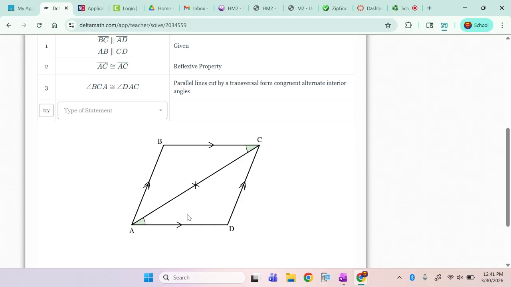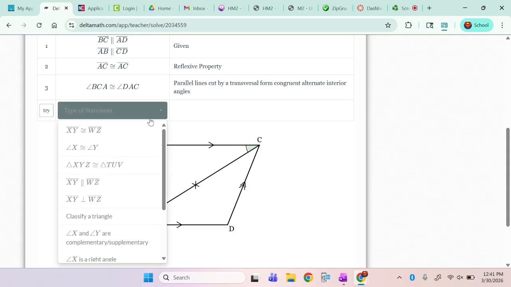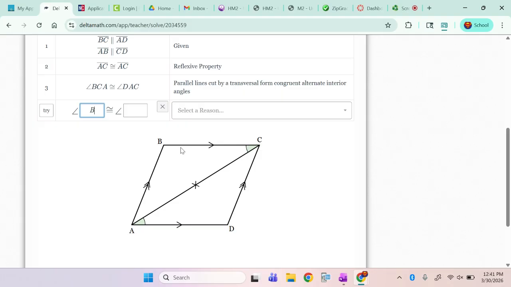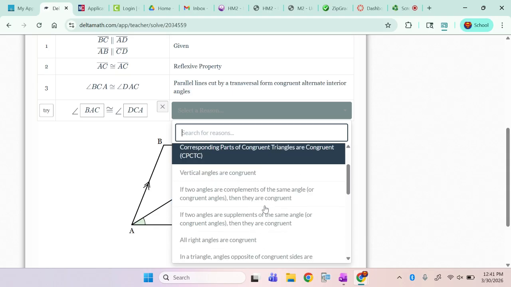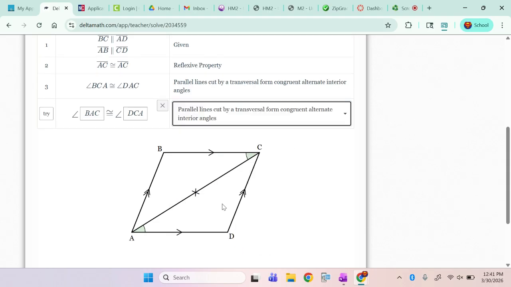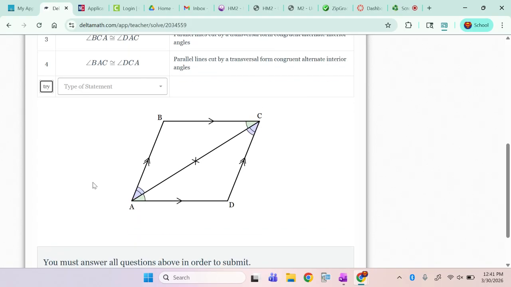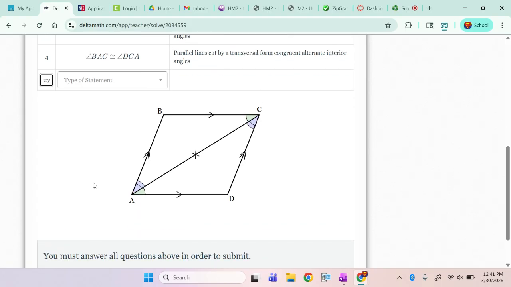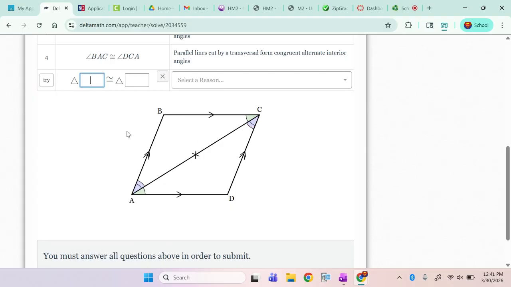Now, because of that, we can also say that these two baby angles are also congruent. So we can say BAC is congruent to DCA by the same reason. They're alternate interior angles. Now, do I have enough to show that those two triangles are congruent? Do I have enough information marked to show that these two triangles are congruent? Yeah, I do. So I can now state that